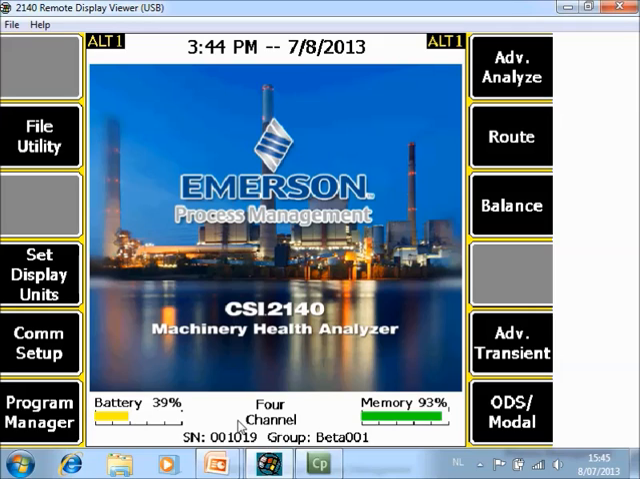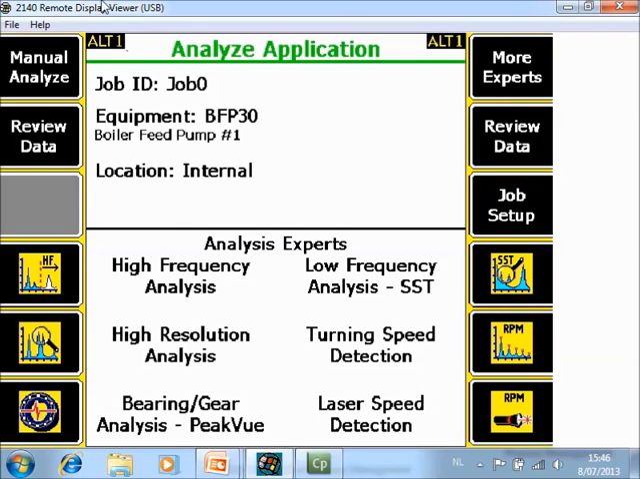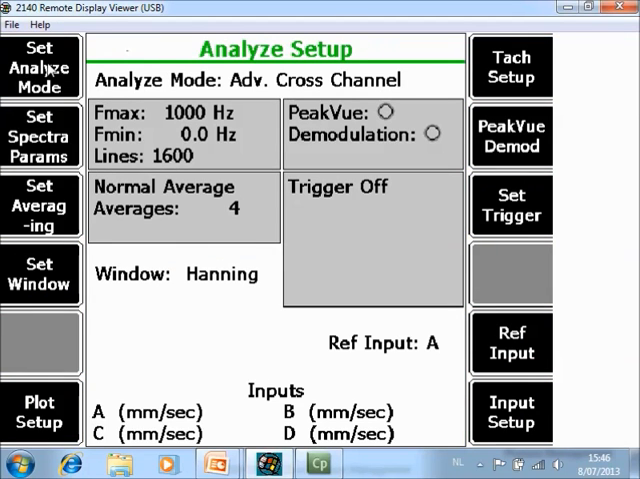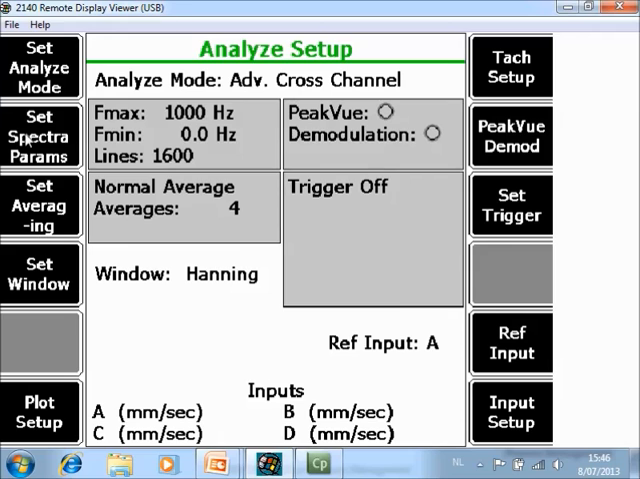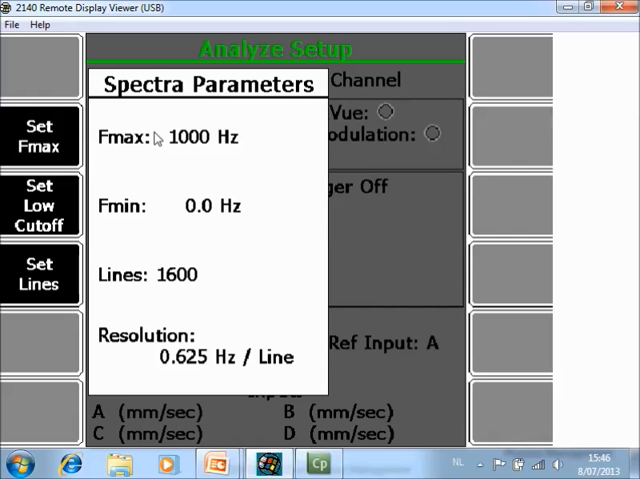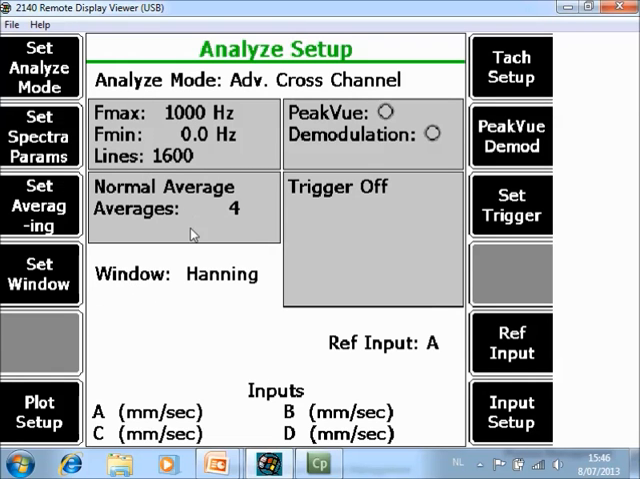What you're seeing now is the home screen of the CSI 2140 Machinery Health Analyzer. If you want to collect advanced cross-channel data, go to F7 Advanced Analyze, go to F1 Manual Analyze, and in Set Analyze mode select from the list Advanced Cross-Channel Measurements. In F2 you can specify your Fmax, in this case from 0 to 1000 Hz with 1600 lines of resolution. We will collect 4 averages,